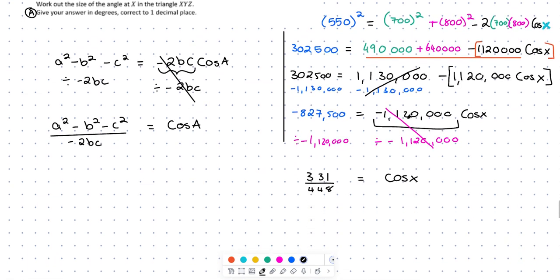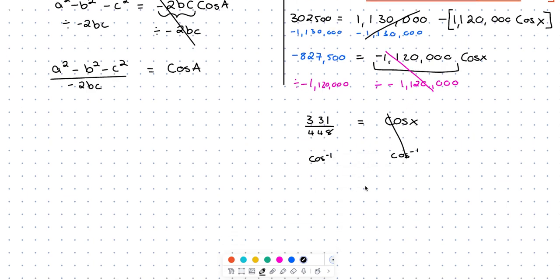Now I have to get x on its own. What's that cos doing to the x? Well, it's its own function, cos of x. What's the opposite or inverse function or operation of cos of x? Cos inverse. So we're going to get cos inverse, and we do it to both sides, but on this side it drops down to just give us x, and here we get cos inverse of 331 over 448. And if we do that out in our calculator, we will actually get